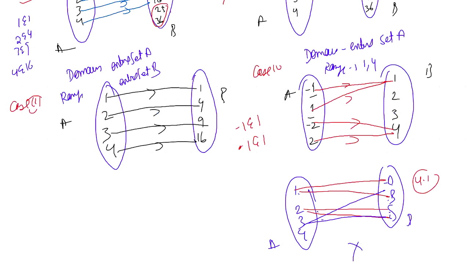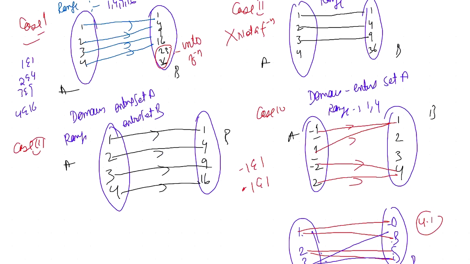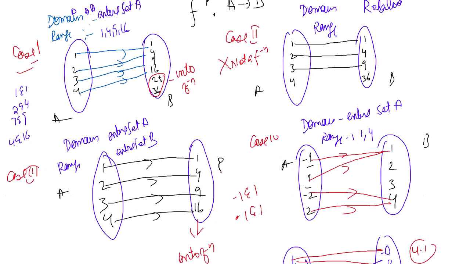इनफैक्ट देखो, ध्यान से सुनना, if you talk about set B where elements are left behind to be connected, उसको हम बोलते हैं इनटू फंक्शंस। जहां पे भी सेट बी के एलिमेंट्स बाकी रह जाते हैं हम उनको बोलते हैं इनटू फंक्शन। जहां पे बाकी नहीं रहते हैं सेट बी में, we call it an onto function. ठीक है, ध्यान से देखो, यहाँ पे सेट बी में रह जा रहा है तो इनटू हो गया, नहीं रह रहा है तो वो ऑन टू फंक्शन हो गया।